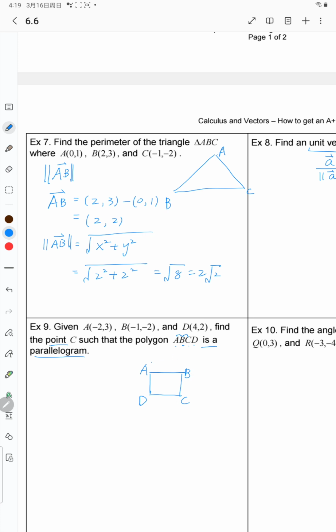So if you write the vertices of the polygon ABCD in order, we're going to have